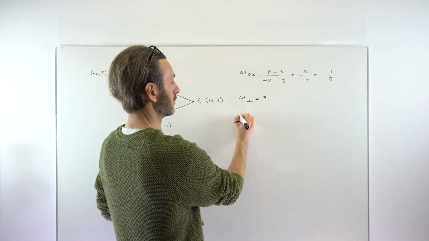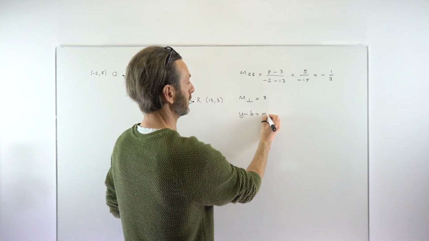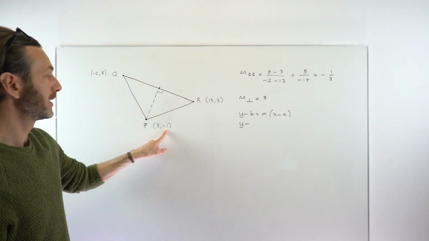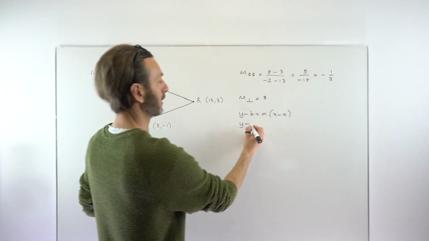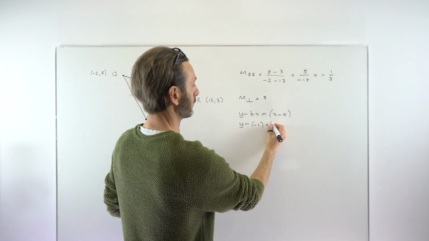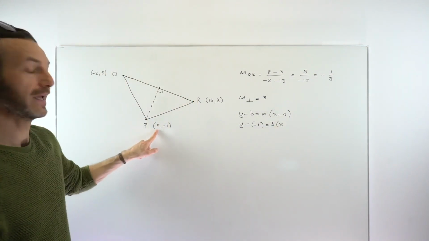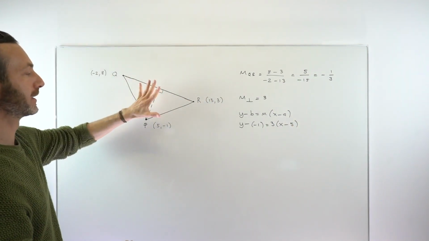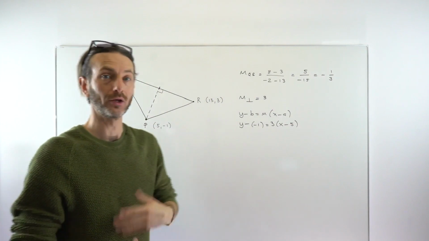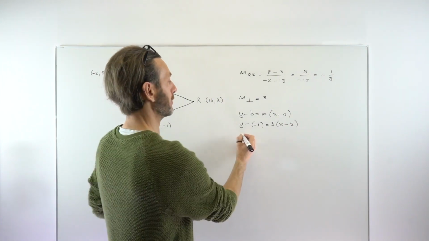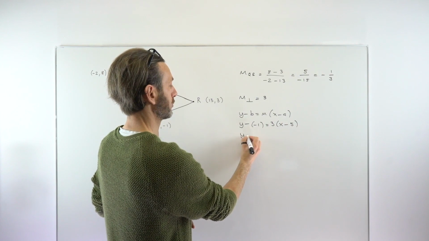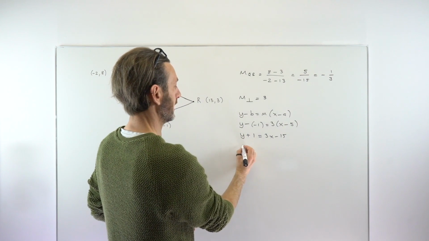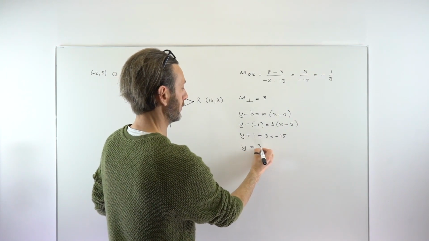And we're just going to plug these into our normal straight line formula. So y minus b equals m(x minus a), and then we work through the algebra from there. So the b value is negative 1, so be careful with that because it's going to be y minus minus 1 equals the gradient 3 times (x minus a), which is 5. And notice that there's no xy axis given in this diagram, so we can't quite easily check things like the y-intercept. We can sort of check it, but not as easily as if it was on an actual xy axis. So this will be 3x minus 15, and then subtracting 1 from both sides to get